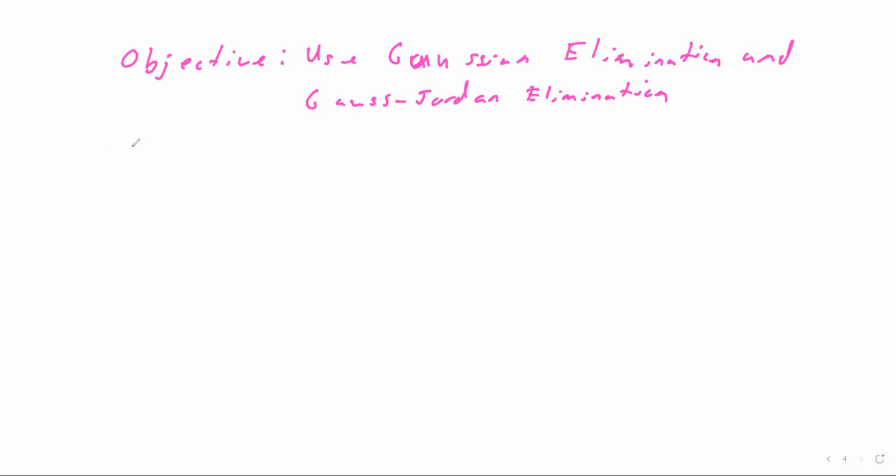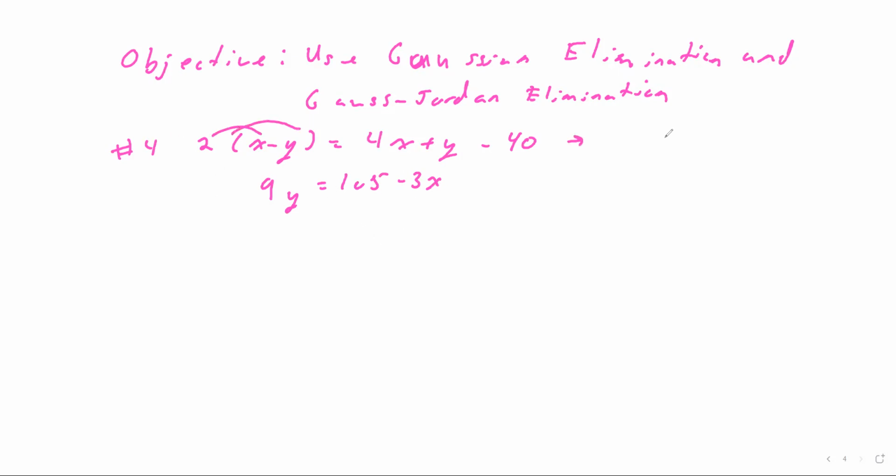So if I gave you an example, 2 times (x minus y) equals 4x plus y minus 40, and 9y equals 105 minus 3x. Our first goal is to get this into an augmented matrix. So I'm going to distribute first. This will give me 2x minus 2y equals 4x plus y minus 40. I'll then go ahead and subtract 4x